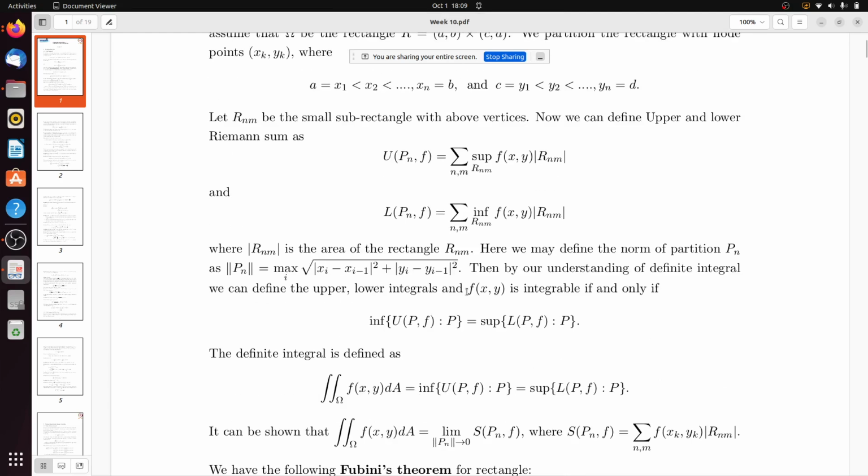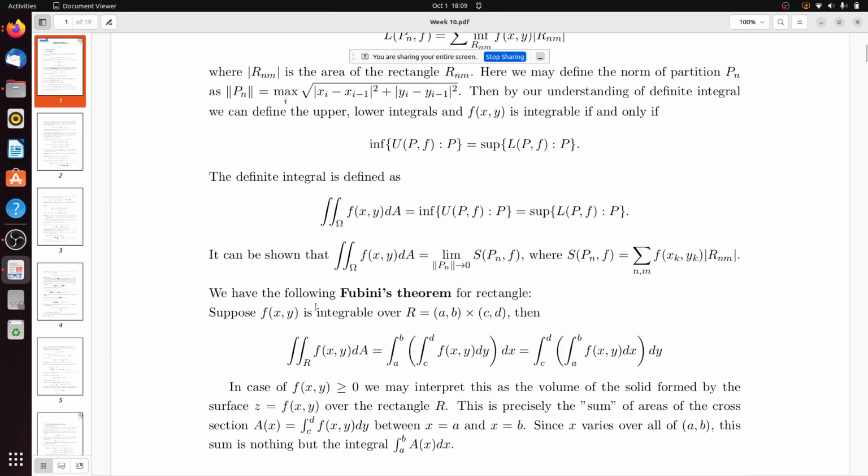So in the first slide we have something called Fubini's theorem, and we already know Fubini's theorem for a rectangle, when f(x, y), the function,